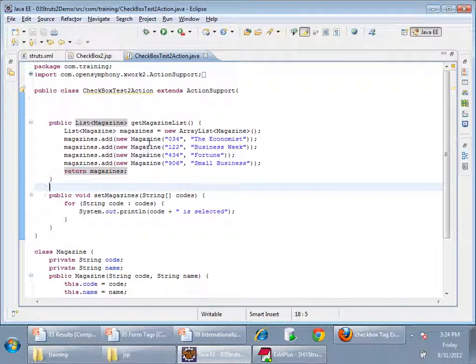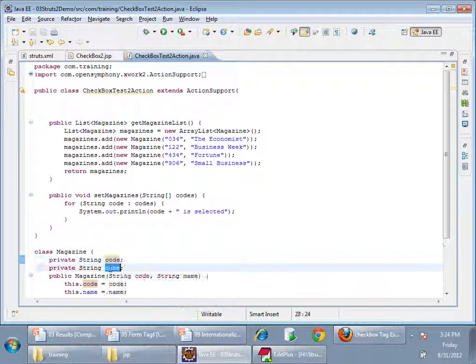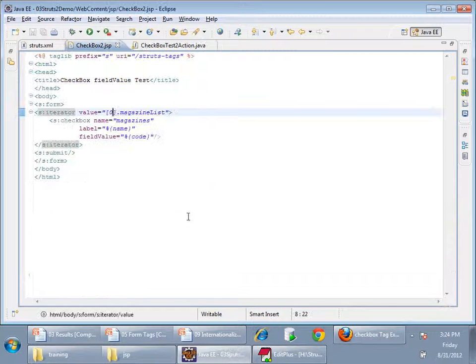Magazine object is having two things. One is code, one is name. So see here, what I am doing is I am iterating. S colon iterator will iterate the list. For each magazine in this magazine list, one checkbox will be created. What is the name of the checkbox? Label of checkbox is name, and field value is